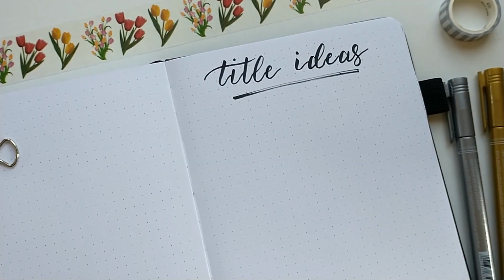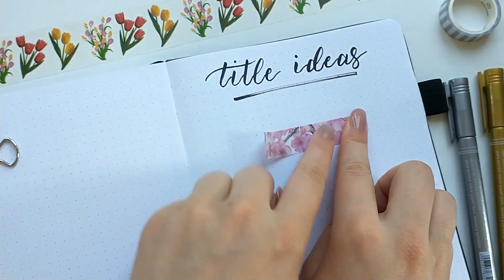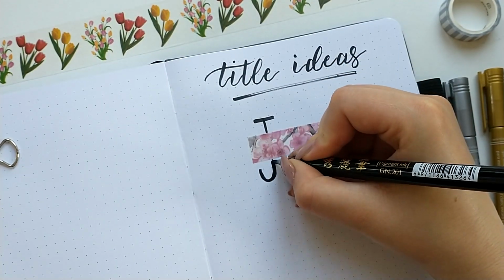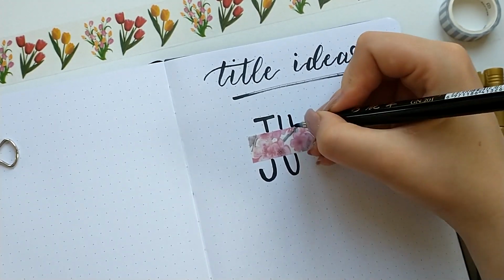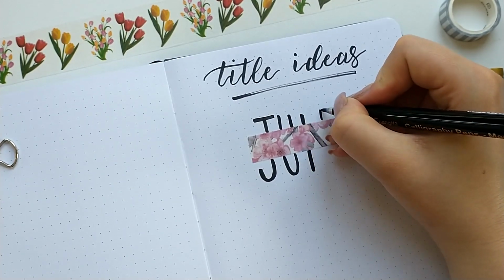So our number one use for washi tape in our bullet journal is using it to help us with our titles. There's lots of different ways you can do that. You can use it for borders, you can use it to sort of add emphasis. I like to keep my washi tape in keeping with my theme for each week. So if I was doing a cherry blossom theme, for instance, I have this really gorgeous cherry blossom theme here